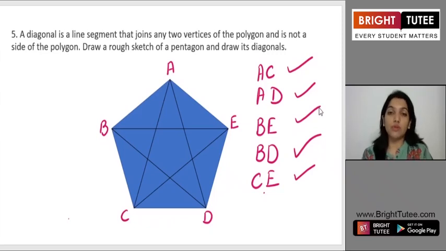You can draw a bigger shape, a hexagon, and see how many diagonals there are. If you are drawing it, make sure that you draw it correctly. You will get a total of 9 diagonals in a hexagon. Okay,